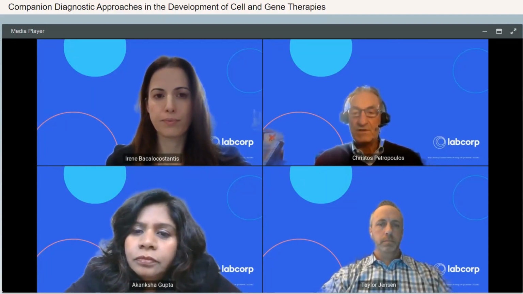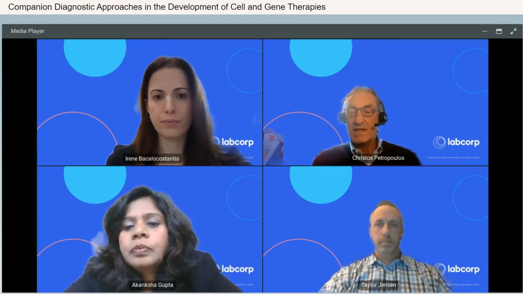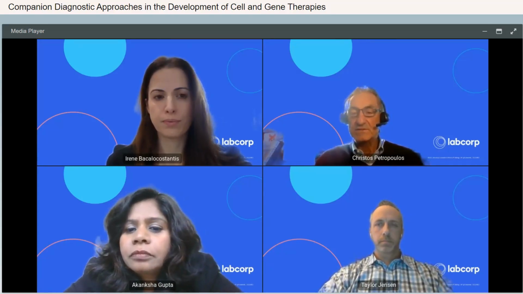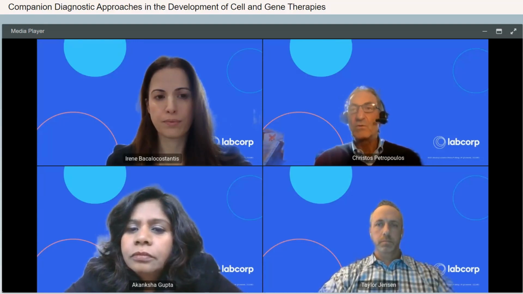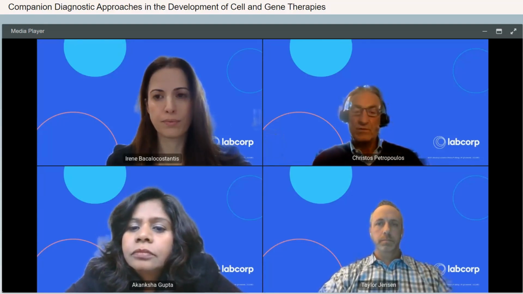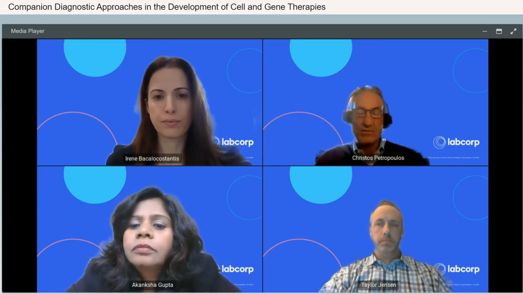They also are associated with higher costs. And it's a little more challenging to think about wide global distribution of those assays. The other approach is just looking at binding antibodies or total antibody assays. So these are probably more familiar to a lot of people, where you're looking at some type of ELISA or